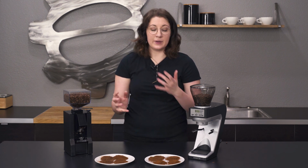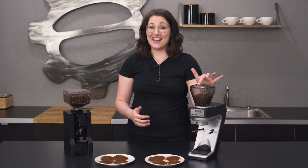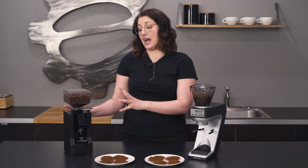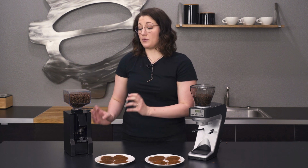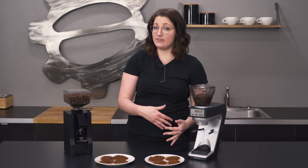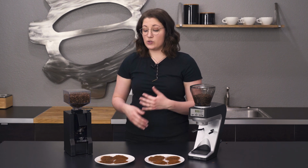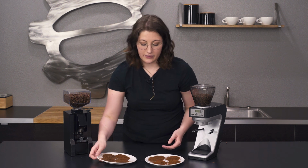Let's talk about sound. So the Sette is known for being fast and loud, and the Notte here is similar to the other Mignons that have the sound deadening inside of them, but it doesn't have that, and that's one of the reasons it comes in at such a great value. So let's hear the sound on both. I'll just go ahead and